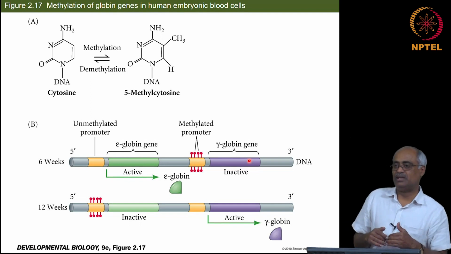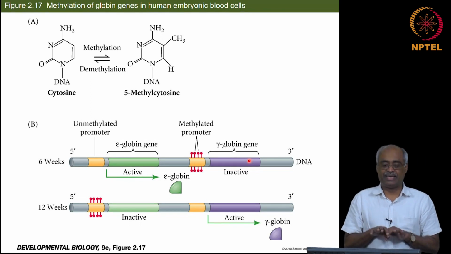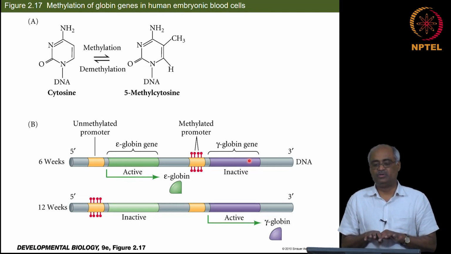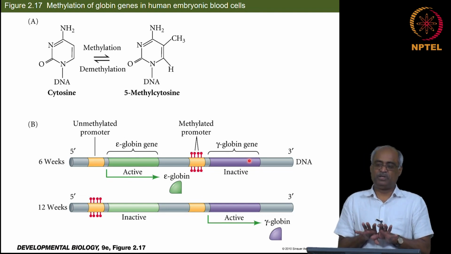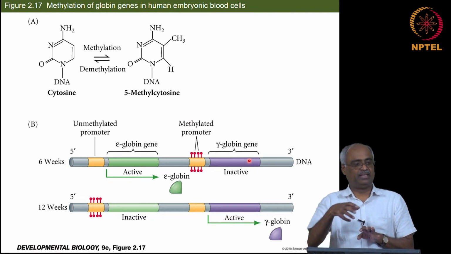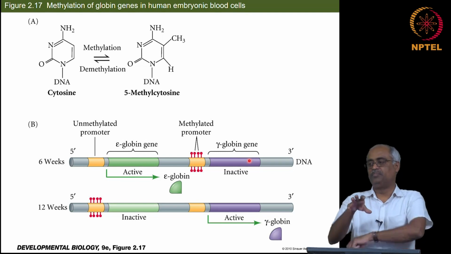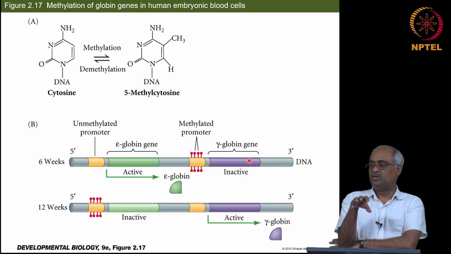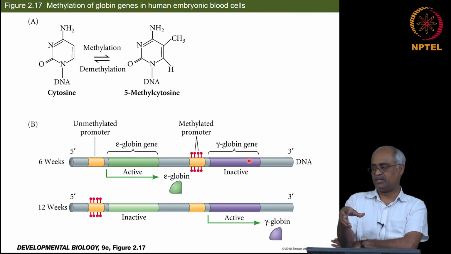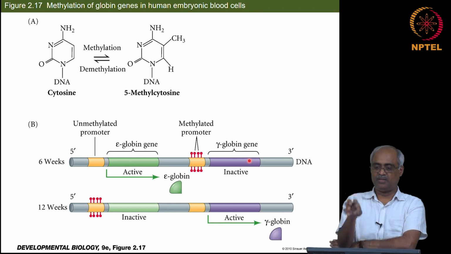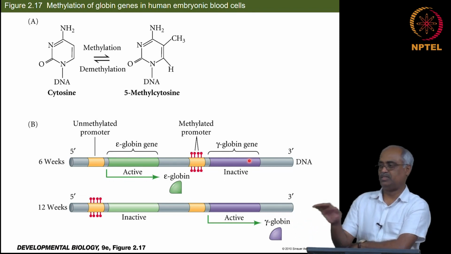So, now we are going to look at methylations that happen to DNA. I told you that to perpetuate an active state or repressed state, we have those trithorax and polycomb proteins that bind to the modified histones. For example, if something is acetylated and you want that to be active, these trithorax proteins bind there and maintain that